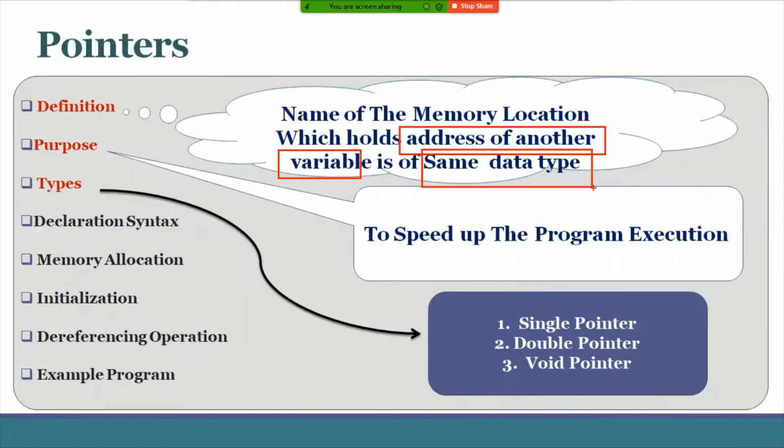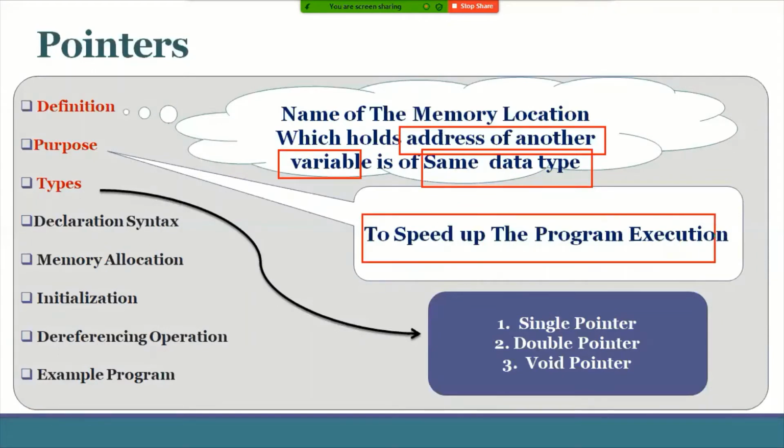What is the purpose of pointers? Why do we need to go for pointers? Generally, pointers are used to speed up program execution. In what way? Let us give an example. Suppose I want to access a particular variable to perform some task or operation. The compiler will search for that variable in the memory, whether memory is allocated or not.